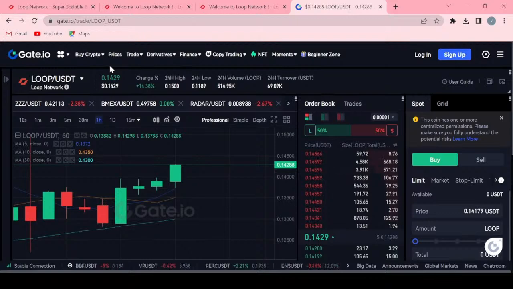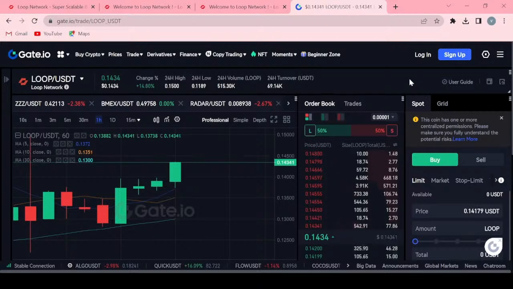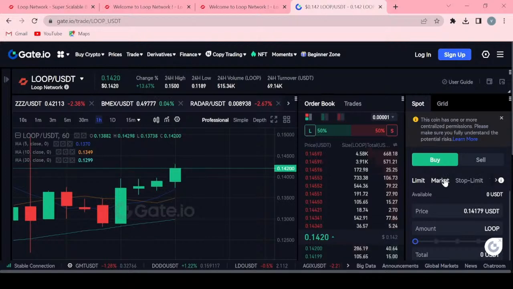And here you can see there is a buy and sell option to purchase the token. For our YouTube viewers, I have given a link in the description to download Gate.io, and after downloading the app you have to sign up to the network. Sign up to the Gate.io crypto exchange, where there is a buy and sell option. You need to add some amount to your wallet so that you can easily buy and sell the token from Gate.io. Okay, this is the Loop token.